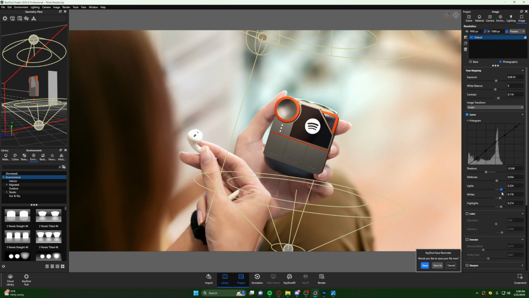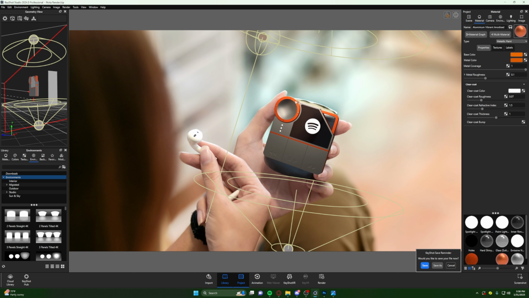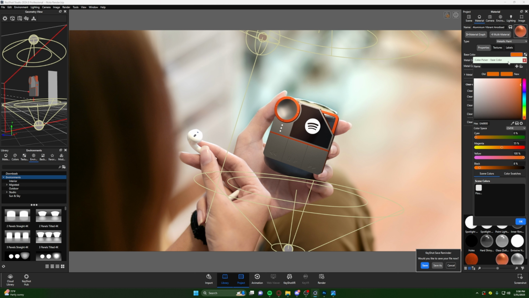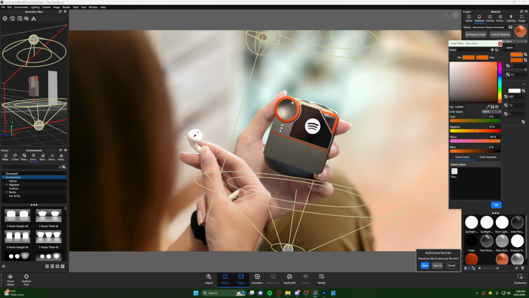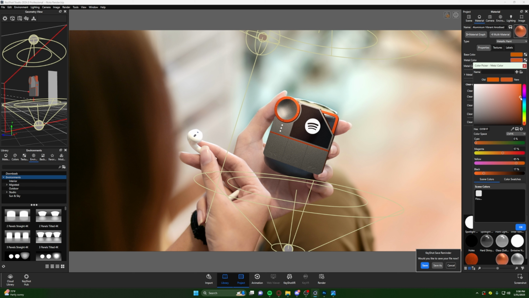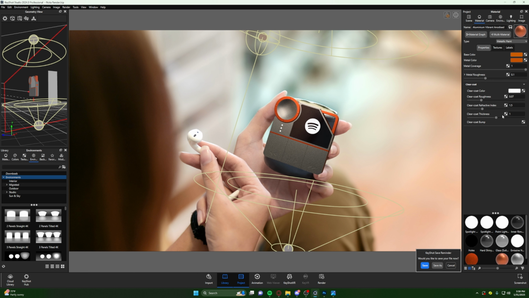Your lights, you can just adjust however you want. And honestly, I think it's way too saturated. The orange is bouncing off way too saturated. A basic way to fix that is to double click on your material, and then we can adjust it to make it slightly darker than it really is. Yeah, something slightly darker, so that it's not grabbing too much attention away from the rest of the image or the rest of the product. So, all right,